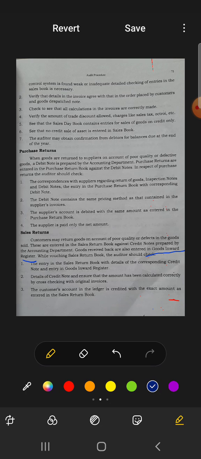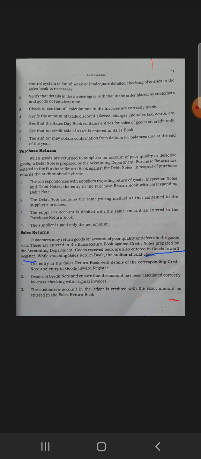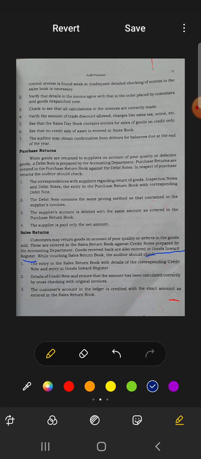Below are the duties done by the auditor while checking the sales return book. The first one is the entry in the sales return book with the details of the corresponding credit note and the entry in the goods inward register. The first one is to check the same entries done in the sales return book and the credit note. The second point is